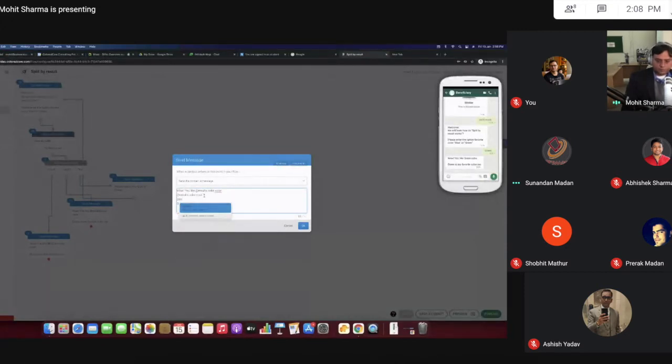You can also say result dot category. This will show the category value, and this will show the value which we have right now.